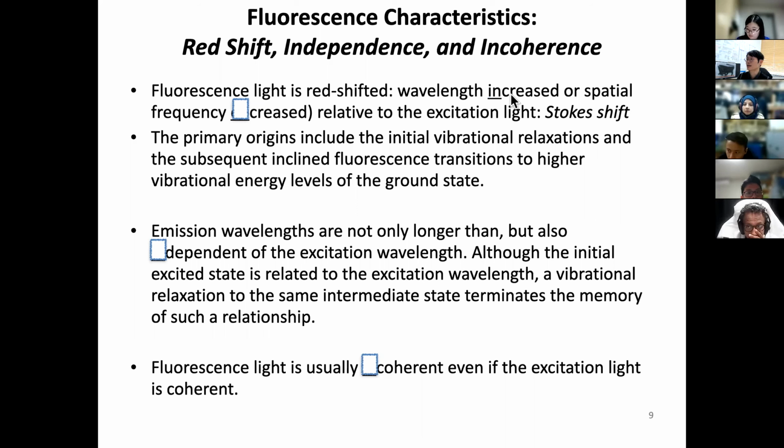Increase or decrease spatial frequency? Decrease. Right, relative to excitation light. That phenomenon we call Stokes shift. Its primary origin is initial vibrational relaxation and subsequent fluorescent transitions to a higher vibrational energy level of the ground state. Then, emission wavelengths are not only longer, but also,